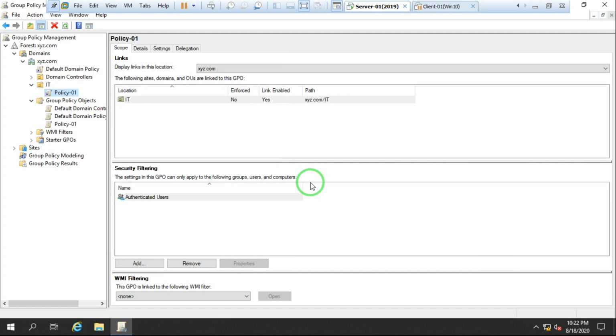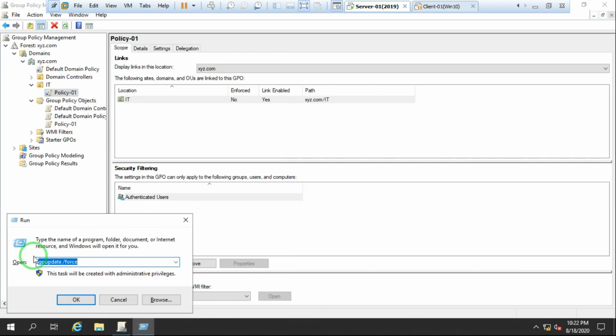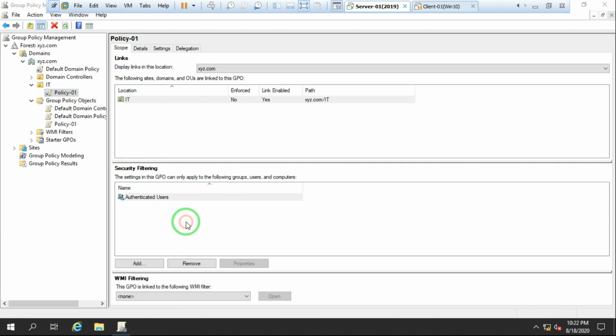Now check. If I go to Start and Run, you can see I'm now able to use Run, because I'm the administrator and not a part of the OU. But if I log in with User 1, User 2, User 3, User 4, User 5, User 6, or User 7, none of these users will be able to access Run. This is how we can apply policies on particular users or on a full domain network.